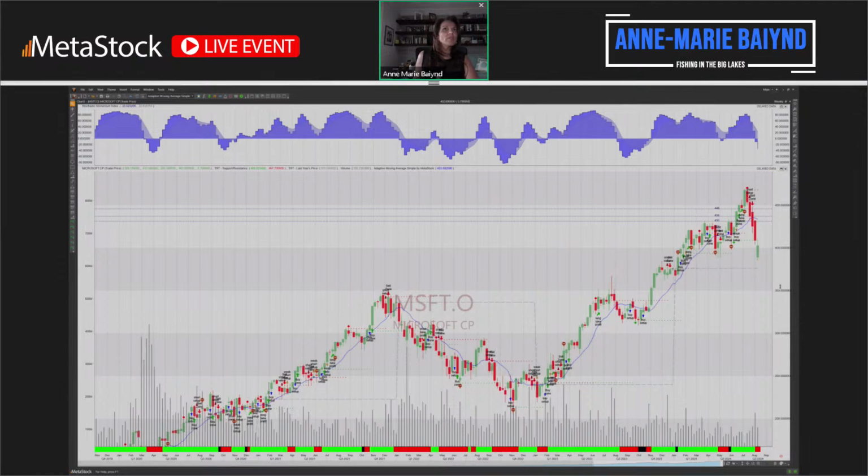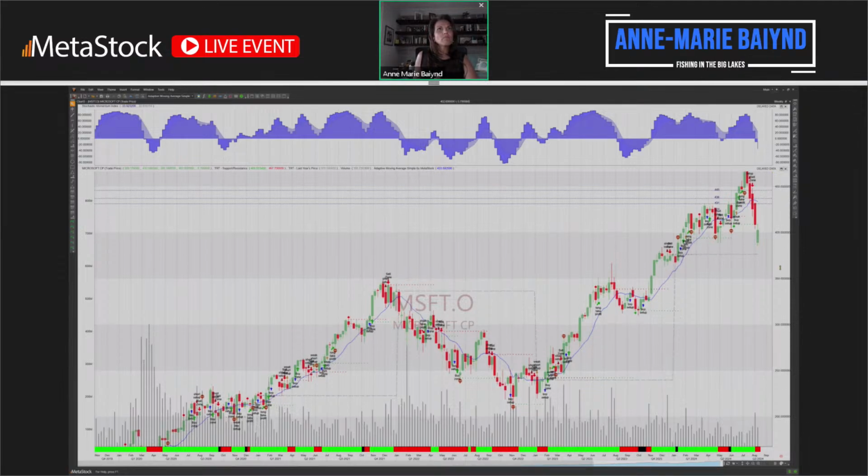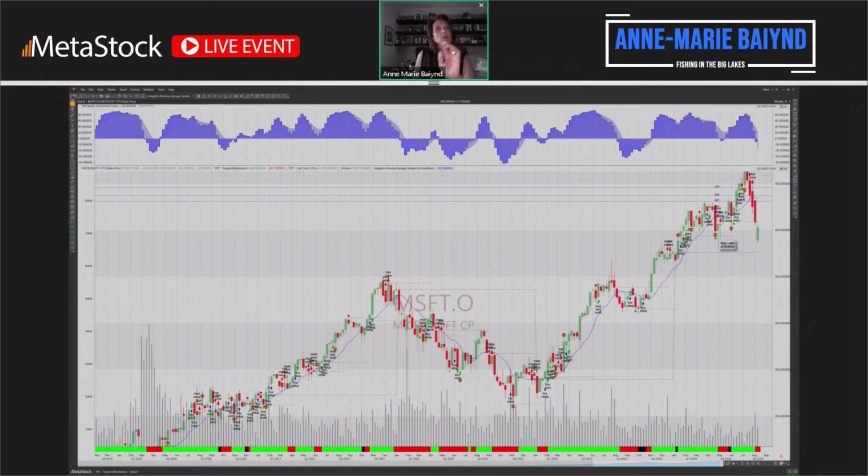So Microsoft, same sort of thing. Take a look, old support. Again, what do you do when you see an old support line? You wait until the traders recover. Now you might go, well, Anne-Marie, you're looking at a weekly chart. The week's not over. See, this line is going to show up whether it's on a weekly candlestick formation or a daily candlestick formation. Wait for the day that it closes up over that level, and then you can chase